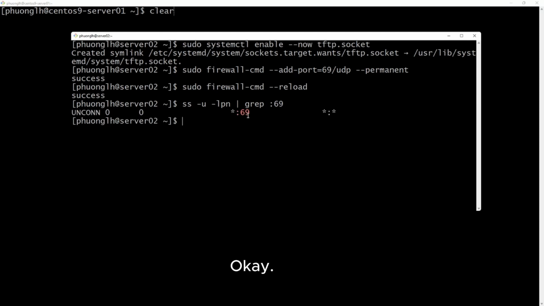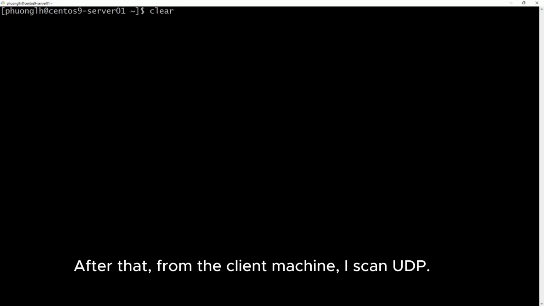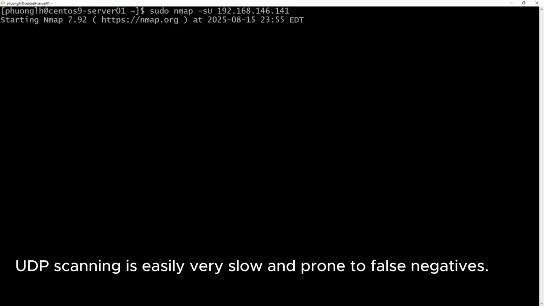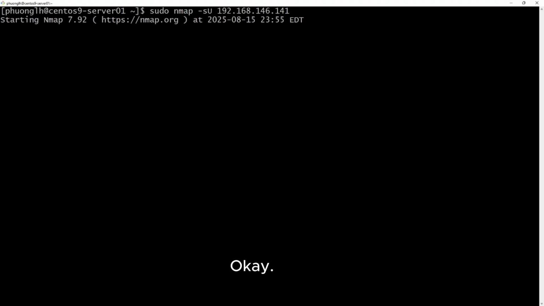Okay. After that, from the client machine, I scan UDP. UDP scanning is usually very slow and prone to false negatives. Okay.